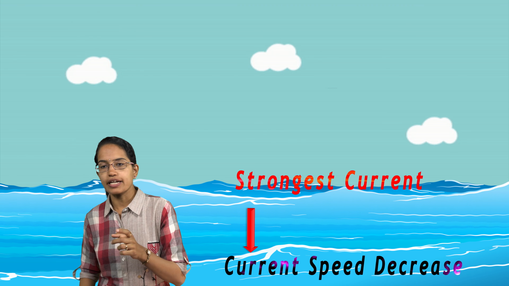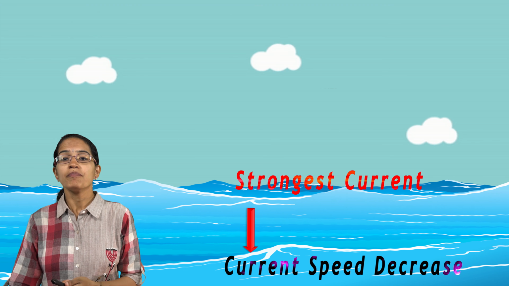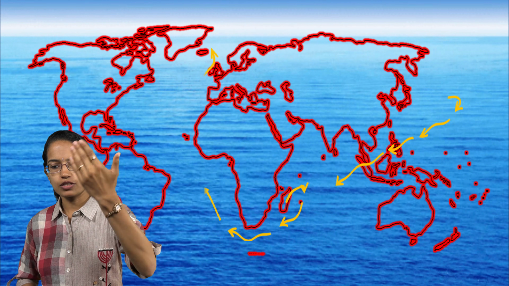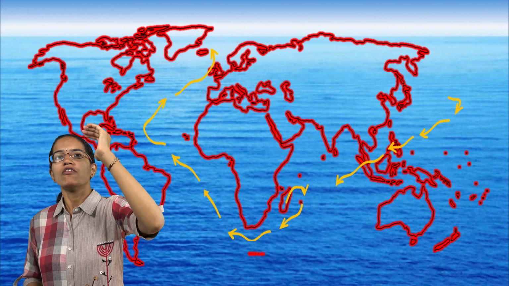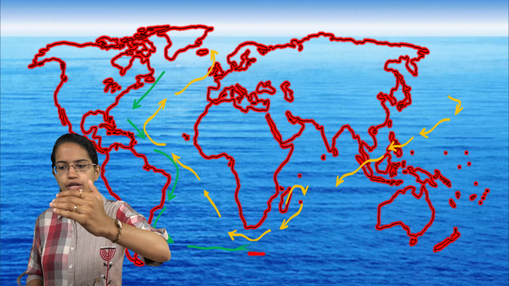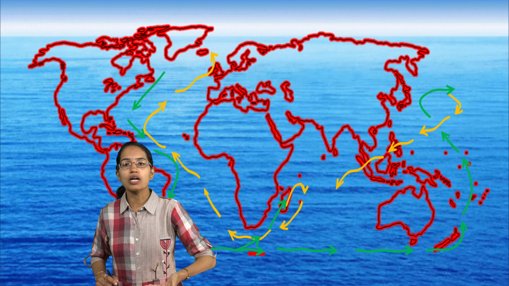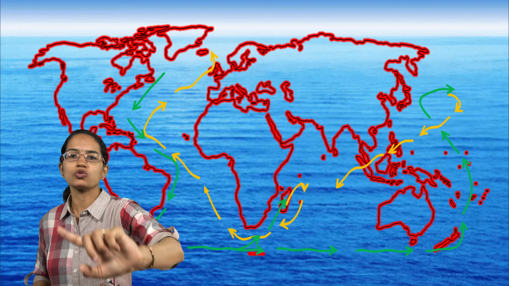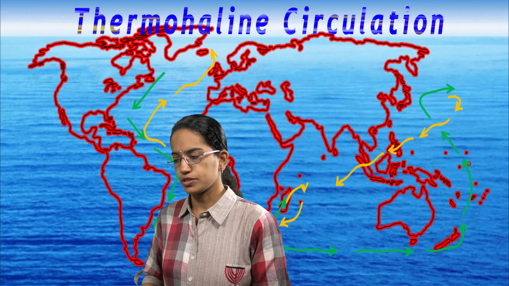So the vertical gradient, I can say the difference in density, affects the current flow, and that's very, very important. Now, warm waters always travel from the equator towards the pole, and at the pole they replace the sinking water. From the poles, the cold dense water sinks into the bottom layers and comes towards the equator where it rises. So this movement is what is known as thermohaline circulation that is generated in the oceans.